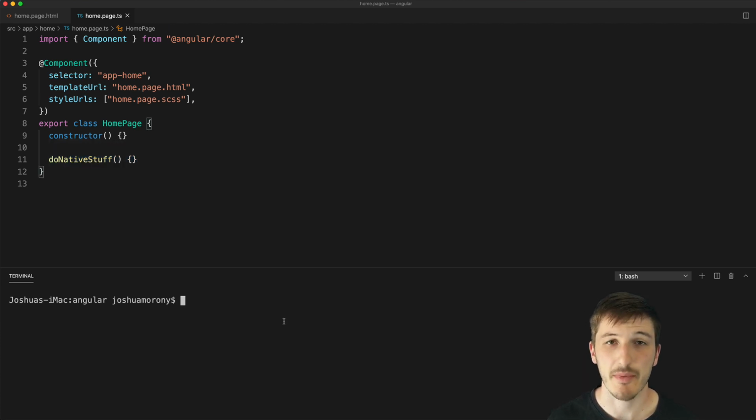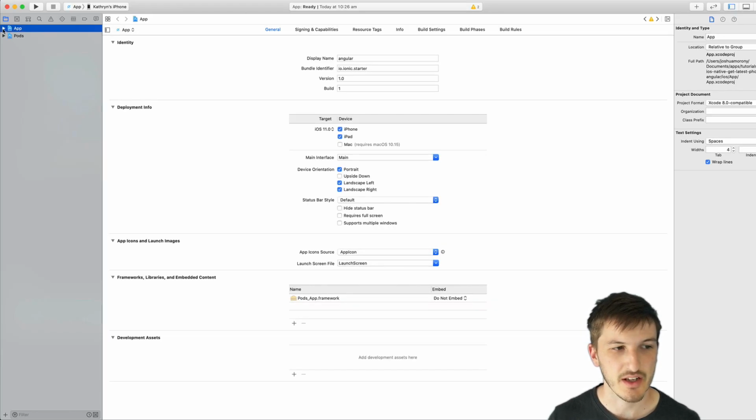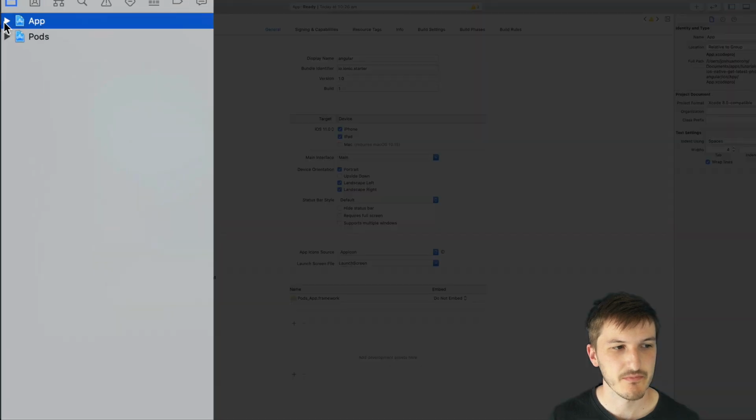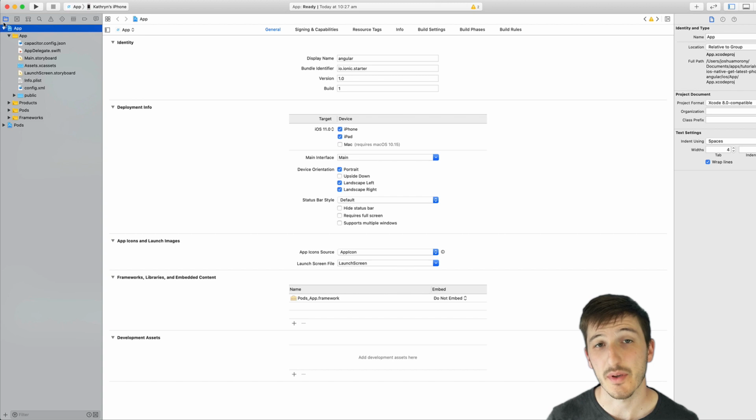Since I've already got Capacitor set up and we have the iOS platform added, all I'm going to do now is open the iOS project with ionic cap open ios. Now that I have Xcode open, I'm going to open up our project on the left here, and expand that so we can see the actual files for our project. Now we can see the standard files for our native Capacitor application, and our Ionic app itself is contained